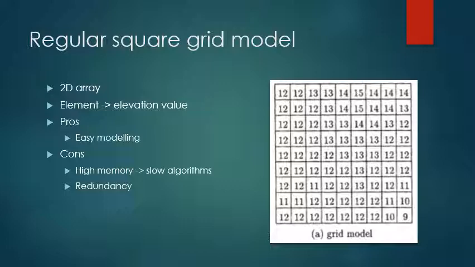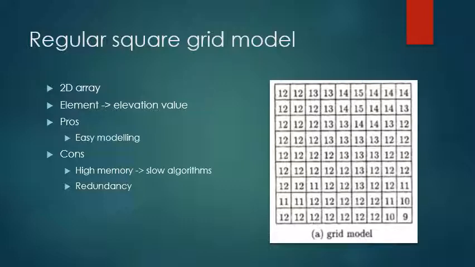The regular square grid model is the first model that I want to talk about. It is a raster-based model that is stored as a 2D array in computers. Every element in the array has a corresponding elevation value. The element values can be considered as the value of the whole square, as the average value in the square, or as the value of just the center of the square. In the last two cases, one has to use interpolation in order to obtain the elevation values of every point in the square. This interpolation can be done by using a weighted average based on the values of the adjacent